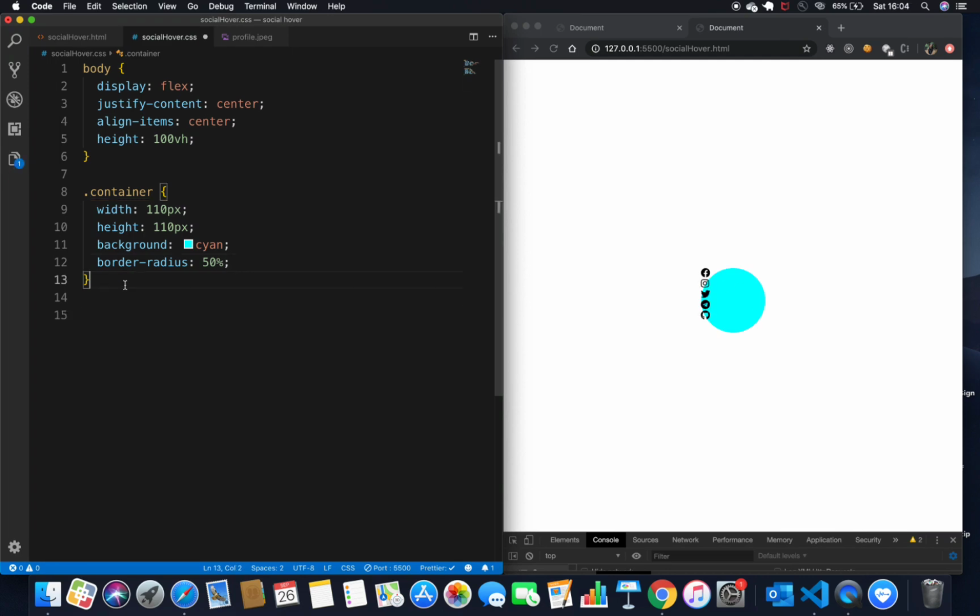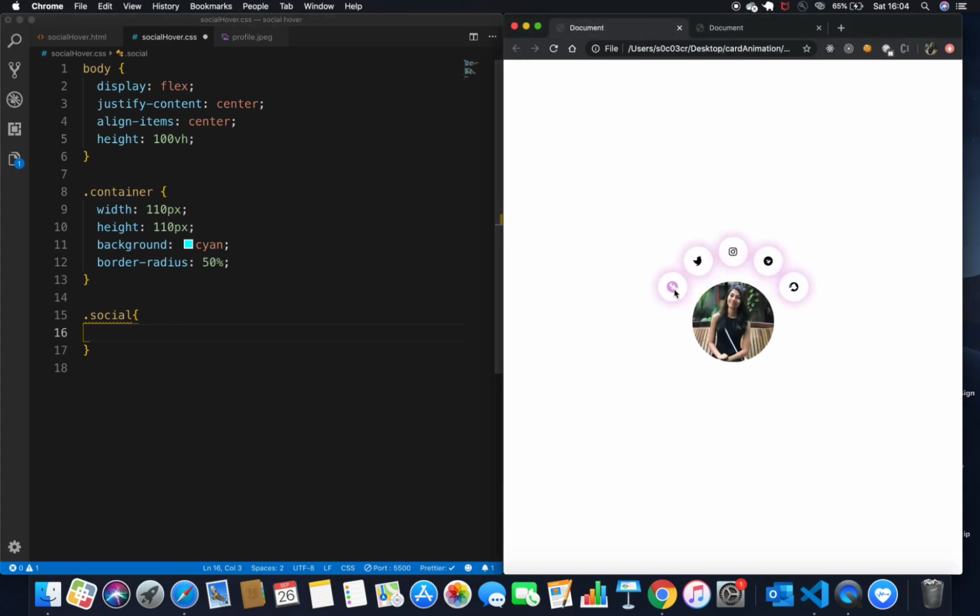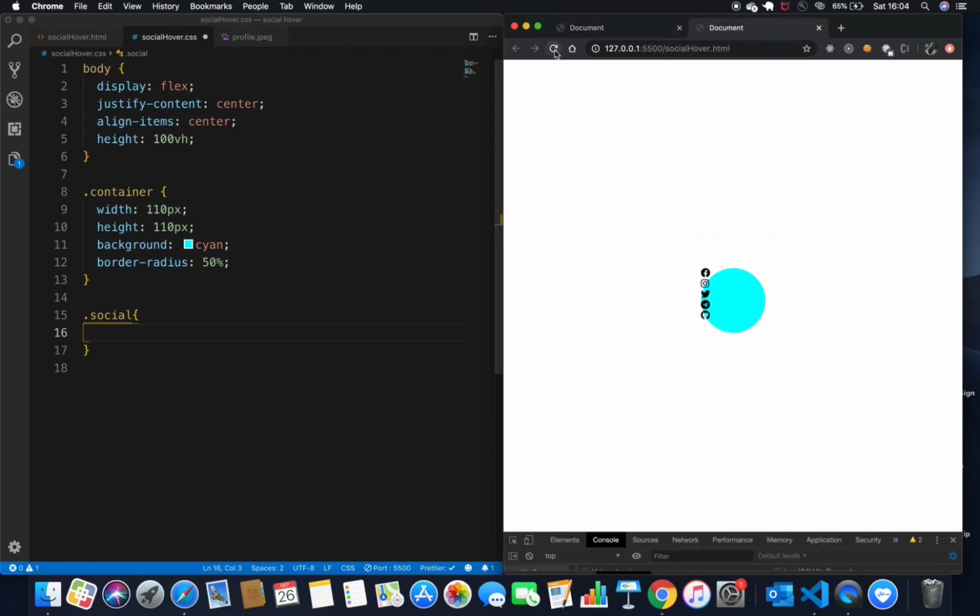Okay. The next thing I want to do is, to my social div, which is basically going to contain these icons here, I want that also to be circular. So if you see the final result, these icons actually fall in a div which is circular, right? Which is nothing but the social div.